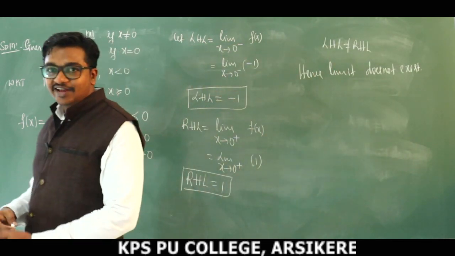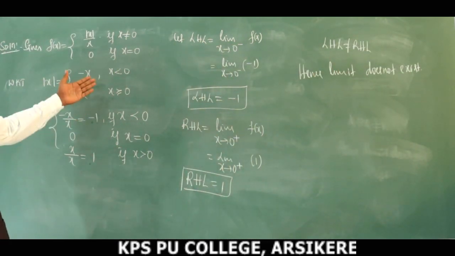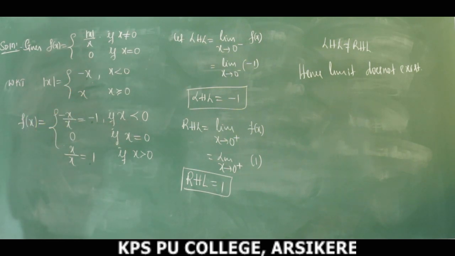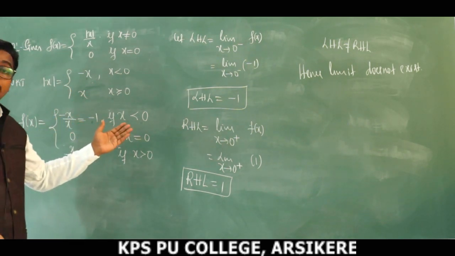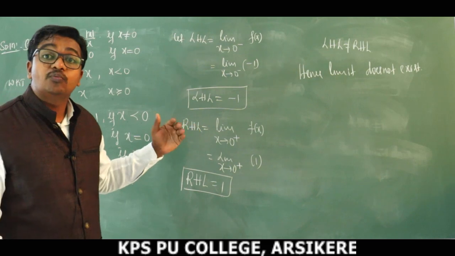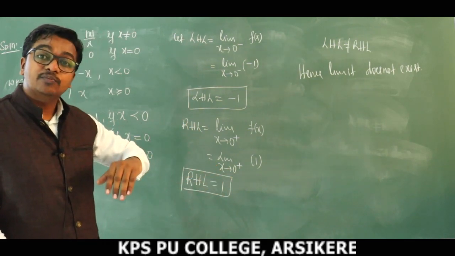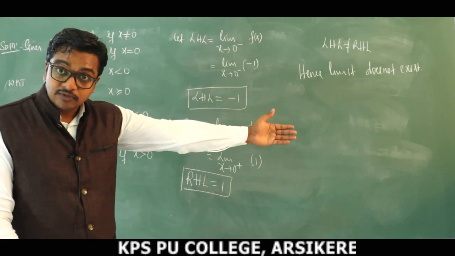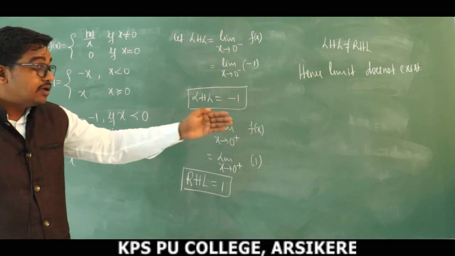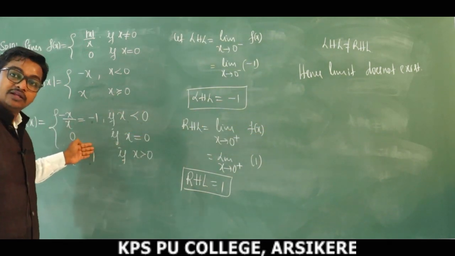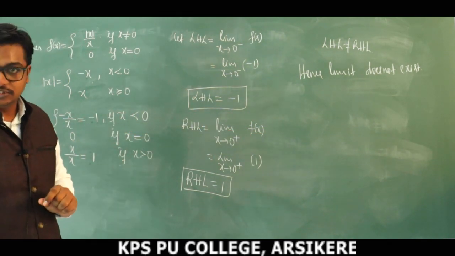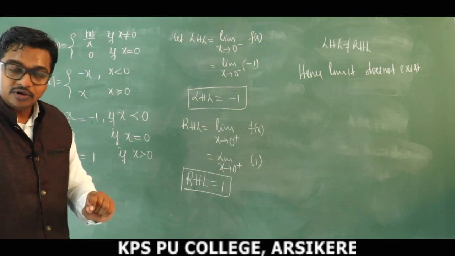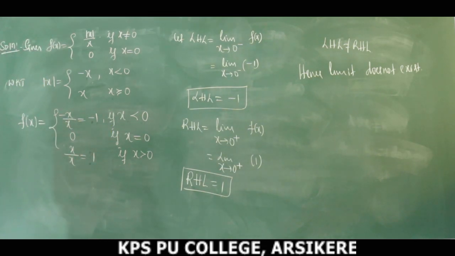The given function is nothing but the signum function. For this function, the limit does not exist when x approaches 0. But when x approaches values greater than 0 like 1, 2, 3, or less than 0 like minus 1, minus 2, in that case the limit exists. Take a pause and note down all the things that I have written here.